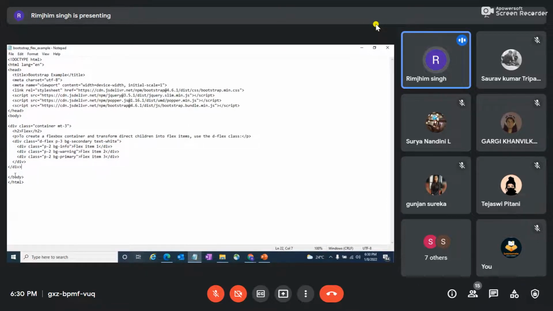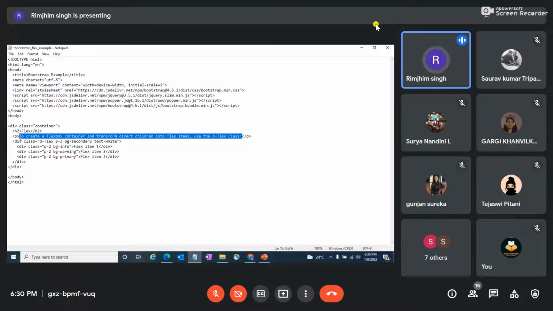So if you want to use flex, it is just similar to grid. There are no changes. You can just use flex in your normal HTML program, while declaring containers, and then you can put in a header and then a paragraph, whatever you wish to put in your paragraph.